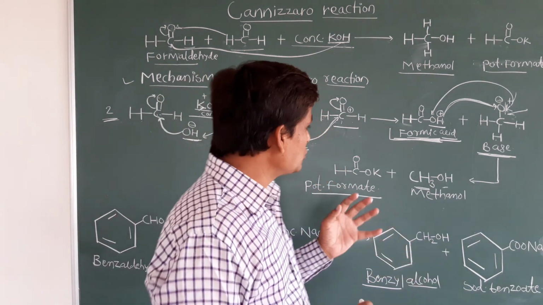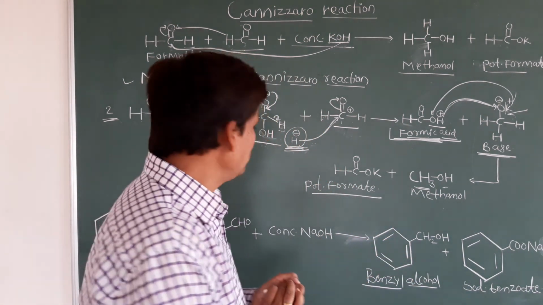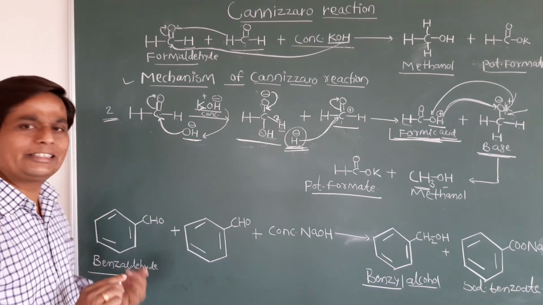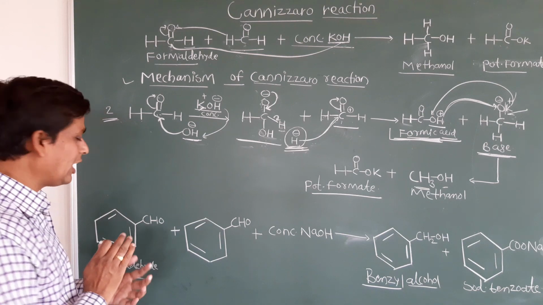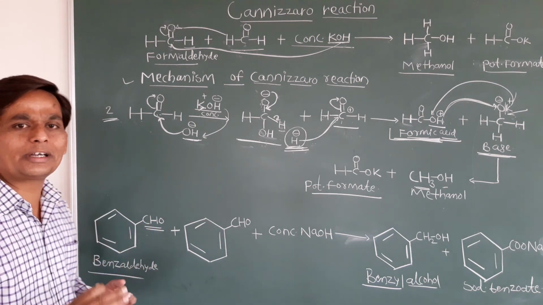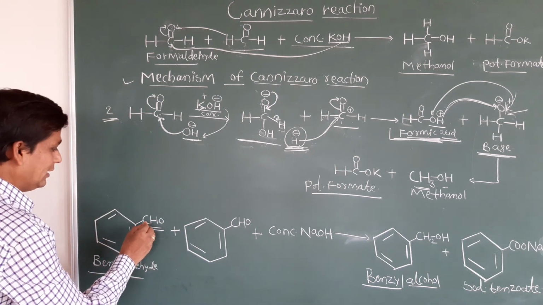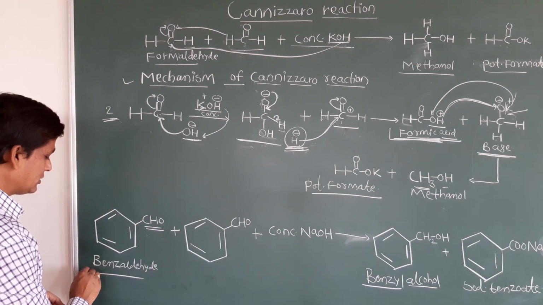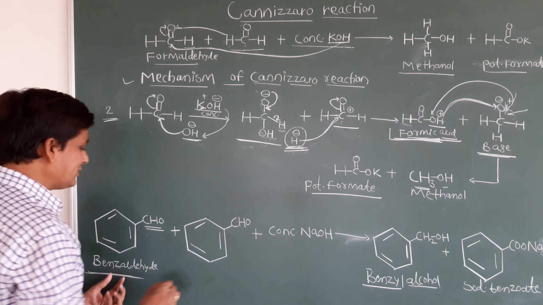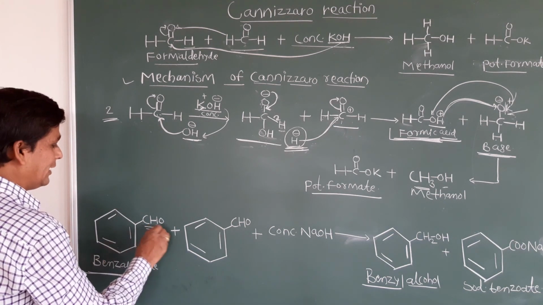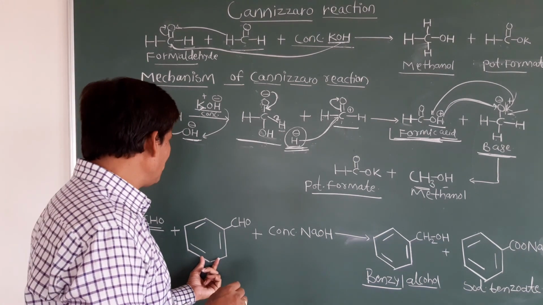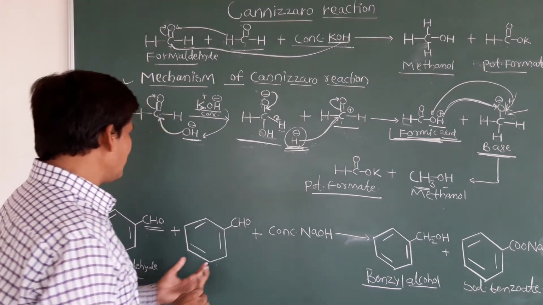Okay students, so check it. We'll give another example for this reaction. Here I have taken benzaldehyde. Check whether this benzaldehyde contains an alpha hydrogen atom or not. Obviously, this benzaldehyde does not contain an alpha hydrogen atom. So it lacks the alpha hydrogen atom, meaning it undergoes the Cannizzaro reaction. We are using 2 benzaldehyde molecules, benzene ring CHO, or we can write C double bond O H. Here also I have taken another example, benzene ring CHO, meaning another molecule.